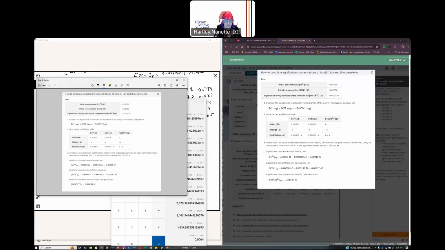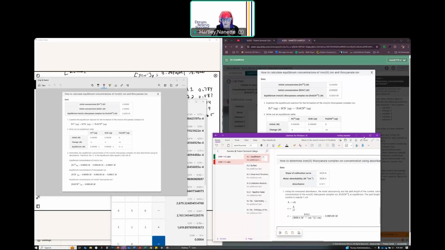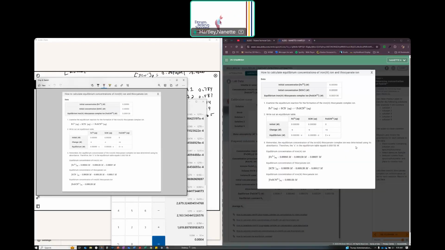Again, I'm going to put this in here because I knew I was going to need this. And what I'm going to have to set up is an ice table. So remember that this is technically a rice table. And that reaction that I'm looking at is Fe3+ plus SCN- into FeSCN2+, because that's how I like to. Initial concentrations are